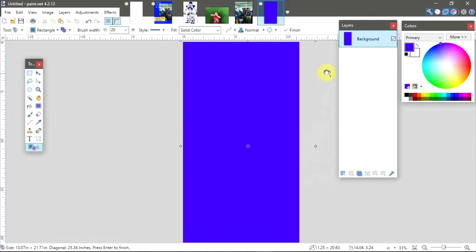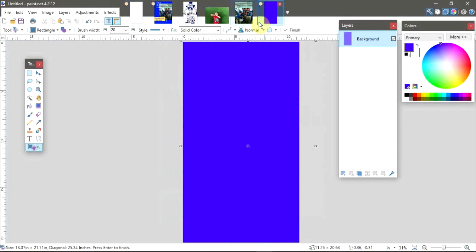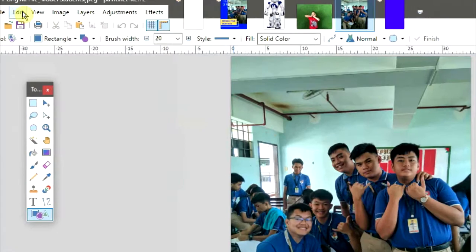Okay, next we want to add the picture. So I opened this picture already, this one. Let's insert this in our new image. Okay, you can see the window open here. So what we're going to do is create a new layer for that picture, call it layer 2. Then let's open that, and let's go to